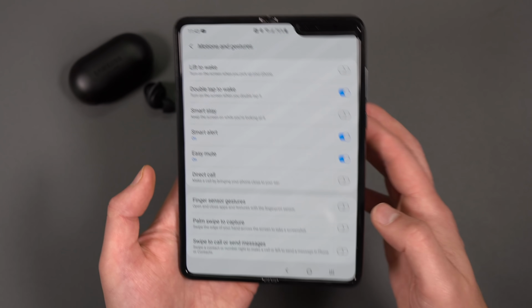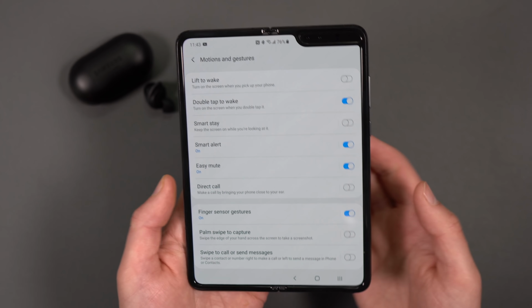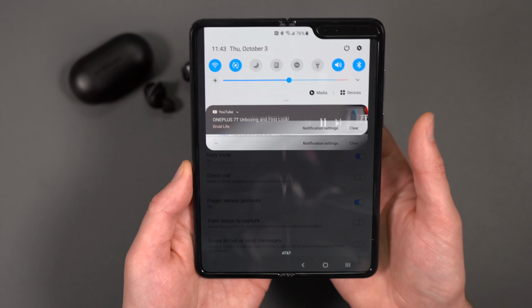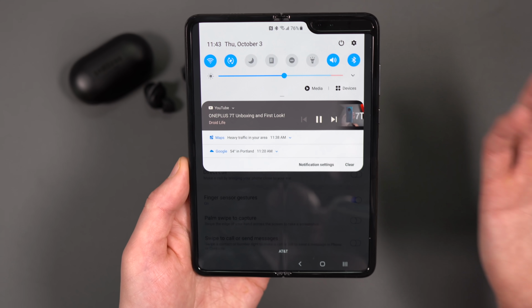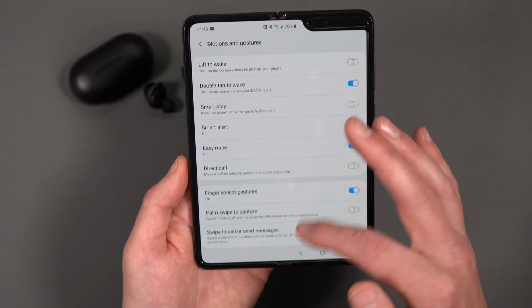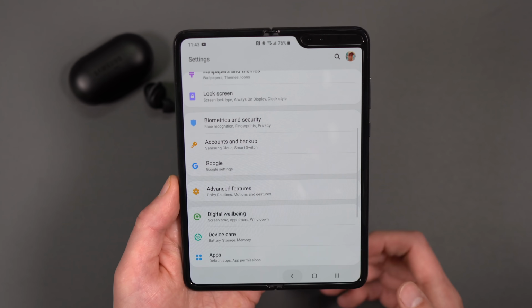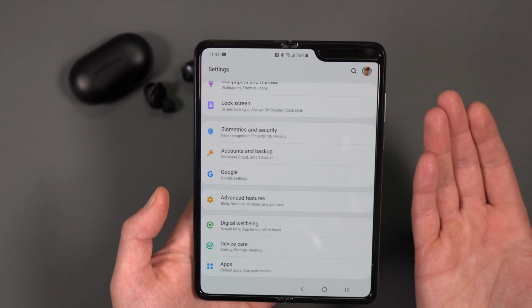Finger sensor gestures, you do have those, which is kind of cool because it's on the side. So if you want to swipe down anything, it's kind of nice because your thumb's already there. So one of those things you may want to enable, but palm swipe to capture. Anyway, so this stuff is not necessarily unique to the Fold, but one thing that's cool is